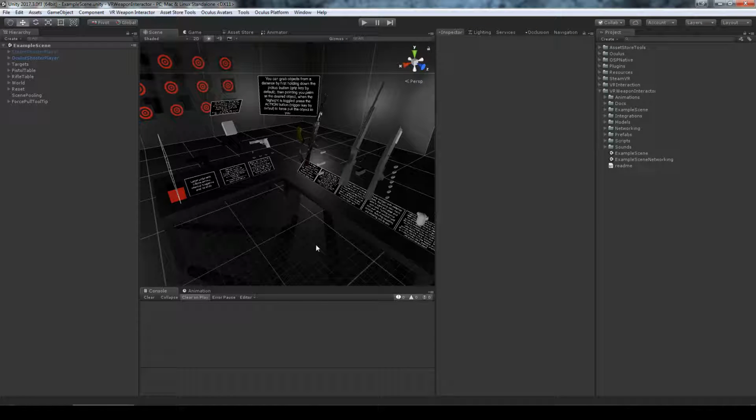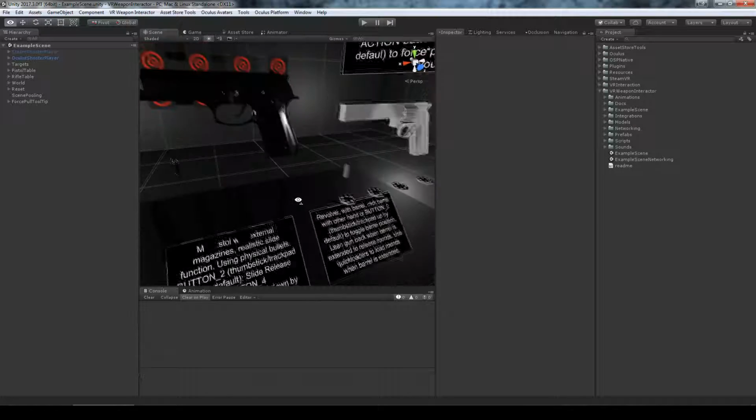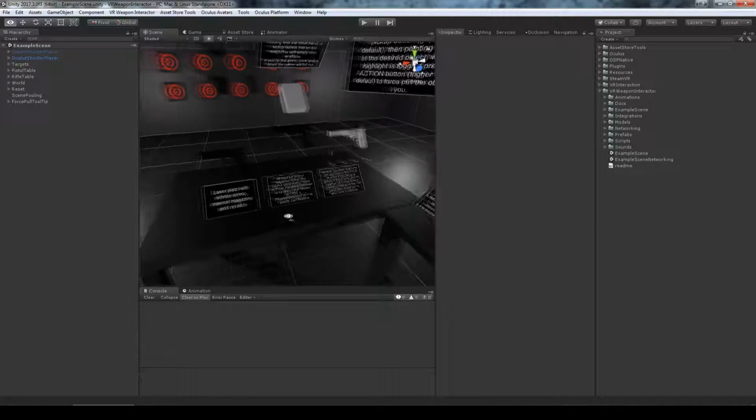Hi, in this video we're going to walk through the VR Weapon Interactor Unity asset available on the Unity Asset Store. I'm going to walk through the editors and setting up a new weapon from scratch. Okay, so let's start by looking at some of the guns that we have in the example scene and seeing